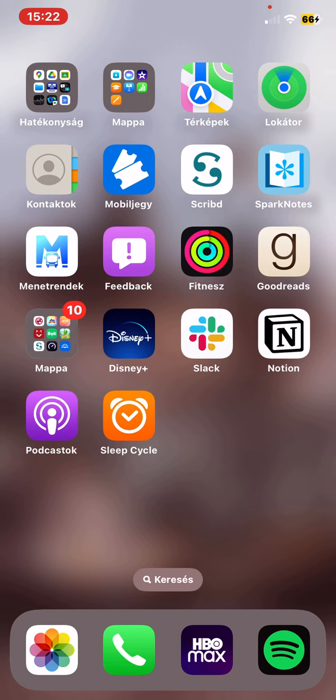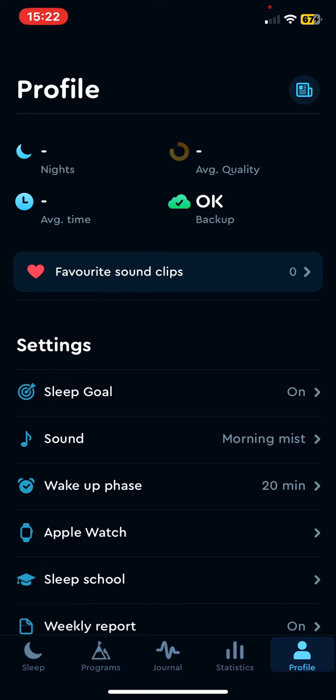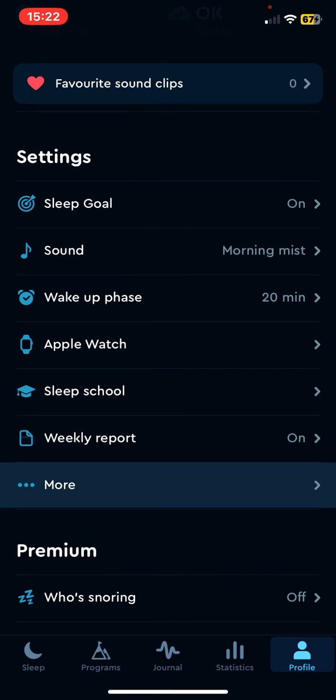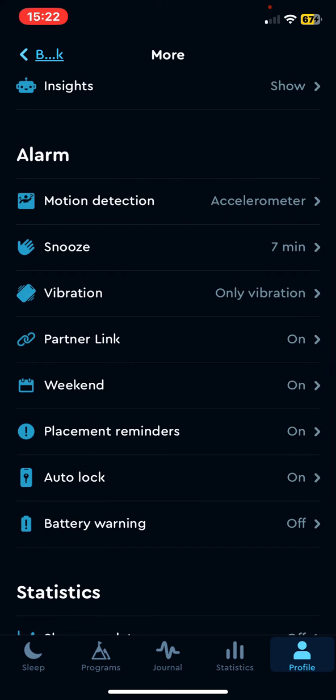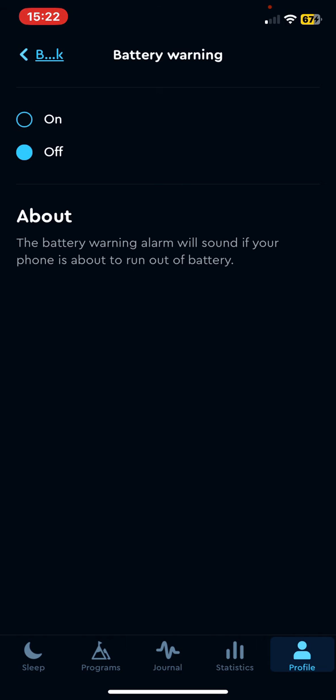First of all, open the application on your phone, and then click on the profile button at the bottom of the page on the right. And at the settings section, click on the more button. And then if you scroll down at the alarm section, click on the battery warning button. And here's a small information on this function, and if you want to turn this on, just click on the on button and then